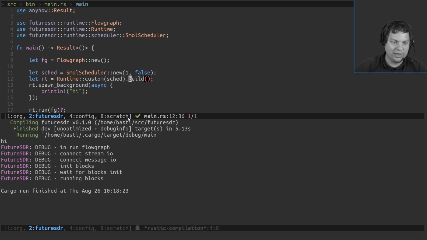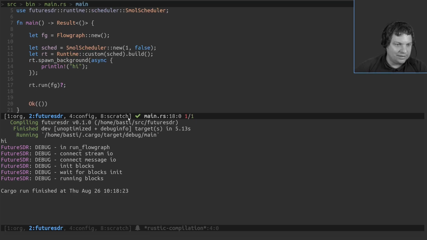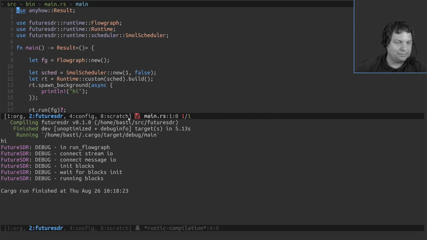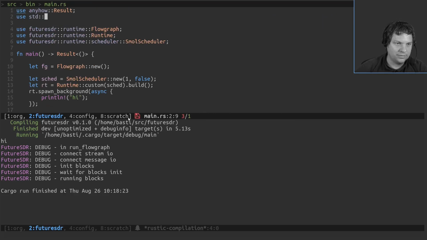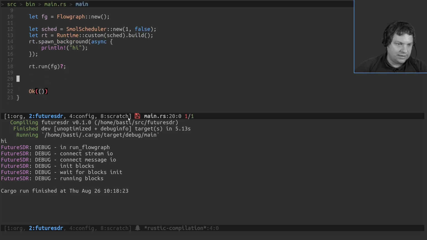So in this case, we create a builder with a scheduler. This scheduler is a required argument if you do a custom runtime. And now we could call more functions to set stuff, but we don't need it here, and just immediately create the runtime. And now we have a single threaded runtime. Let's see, how can we easily check if everything is working? Let's say instead of exiting immediately, we just sleep here.